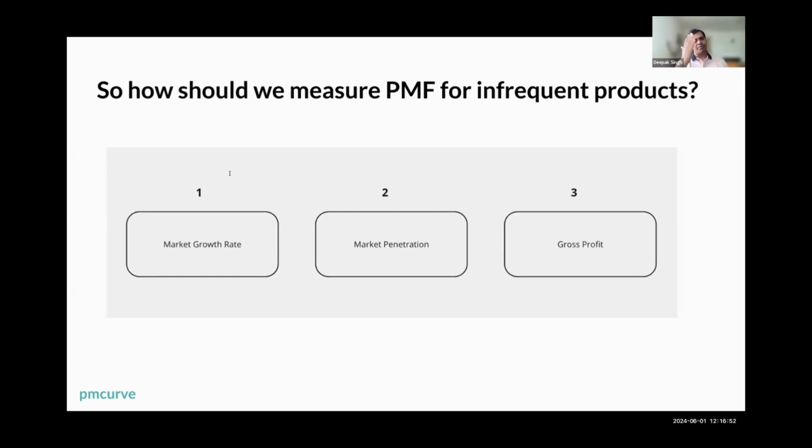So the definition and measure of PMF for AI-related products is the same as for frequent and infrequent products. Most of the AI products are actually frequent, in the productivity domain or retention domain. So you can apply a retention lens to AI-related products. But if ClearTax tomorrow is using AI in its product, the only way to measure the PMF will be in the same way as it was before, right? Nothing changes. So focus on the frequency of the use case and whether it's preferred over alternatives when it comes to those use cases.